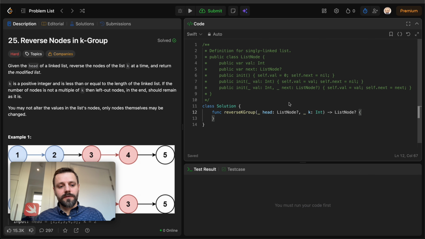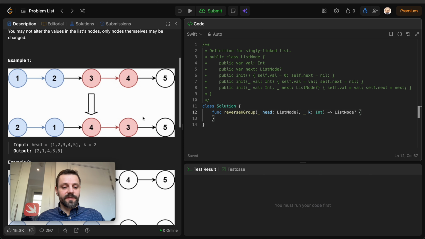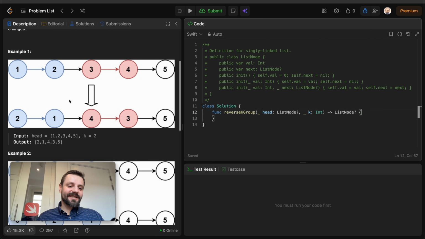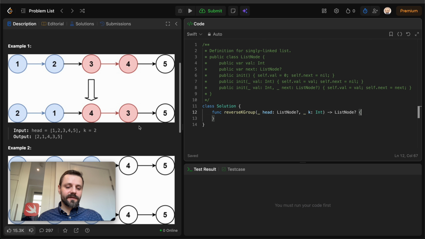If the number of nodes is not a multiple of k, then the left out nodes in the end should remain as it is. You may not alter the values of list nodes, only nodes themselves must be changed. And well, there are some examples here. In the first we have a list of 5 elements and the group size is 2. So as you can see, it is expected that code should reverse elements in 2 groups and leave the last